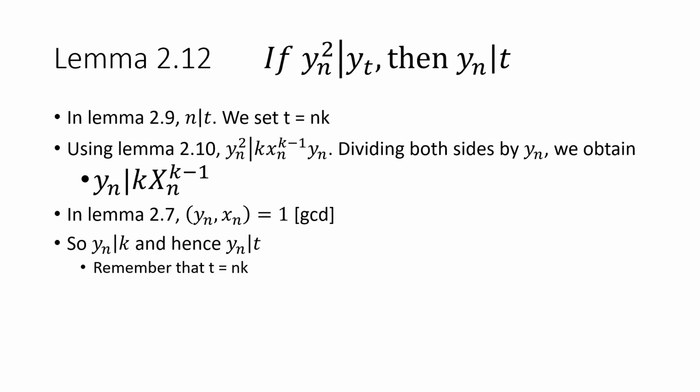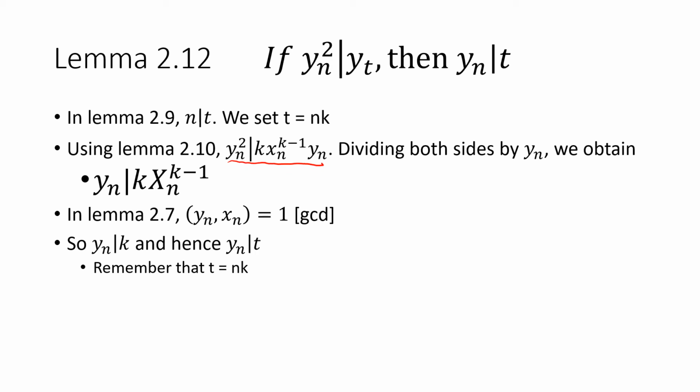Lemma 2.12 is saying that if y sub t is divisible by y sub n squared, then t is divisible by y sub n. Now in 2.9 we show that if t is divisible by n, then y of t is also divisible by y of n. Now if we set t equals nk here, and then we apply this to lemma 2.10, we get this equation. So y of n squared